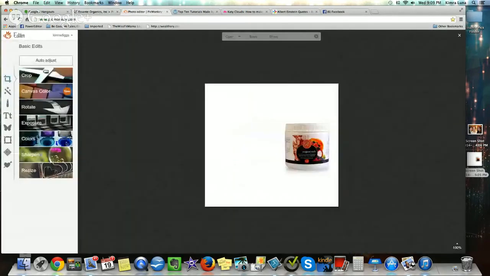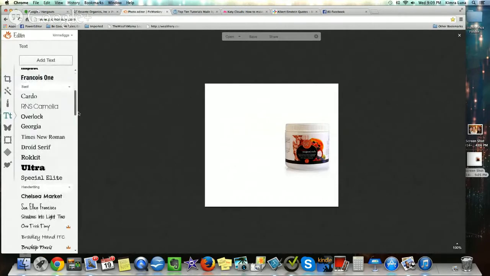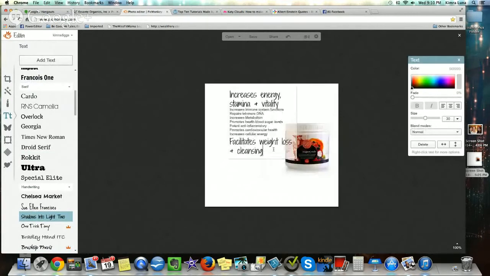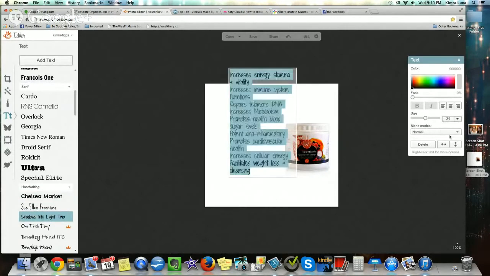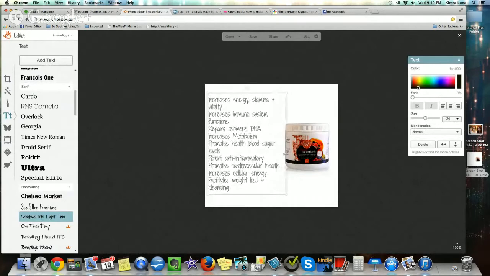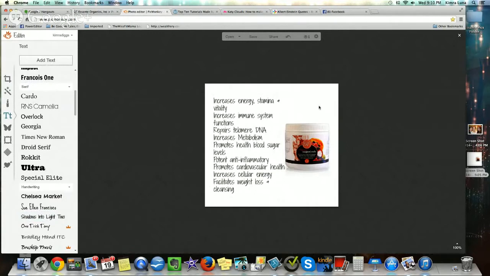Go over here on PicMonkey, click the little T, that's for text. Pick a font, you want it to be something that's readable, that people can see. Click Add Text, and then I can just paste it right in here. And you might need to fix the font again, and you can come over here, change the font size, change the color, you can make it black. And you could have some of the benefits of this right here,